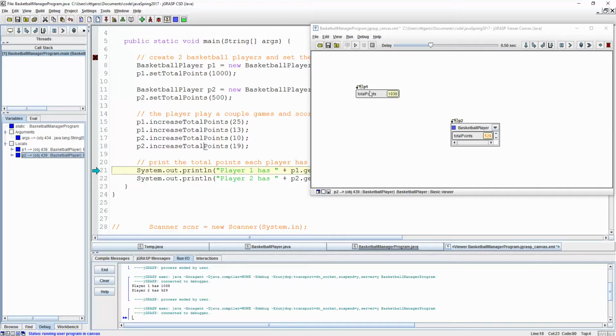So you can see we've got a couple objects, and you can actually look at the objects and see how things are changing as they're going. And again, this is a super simple program. In programs as we go along, we're going to have a lot more than just one simple variable for the particular object. A basketball player will have all sorts of things like a name and points and salary and all sorts of stuff that we'd want to keep track of for whatever type of program we're actually